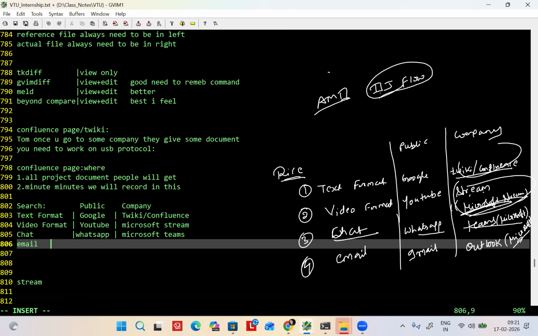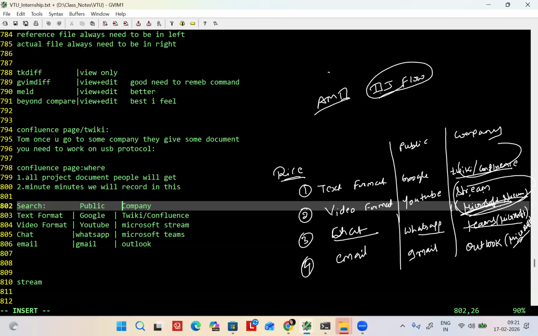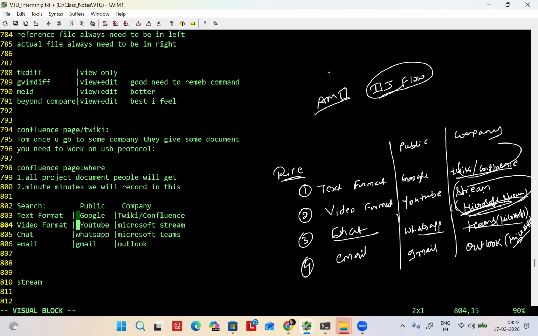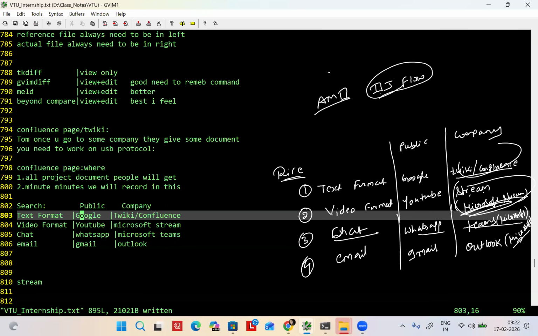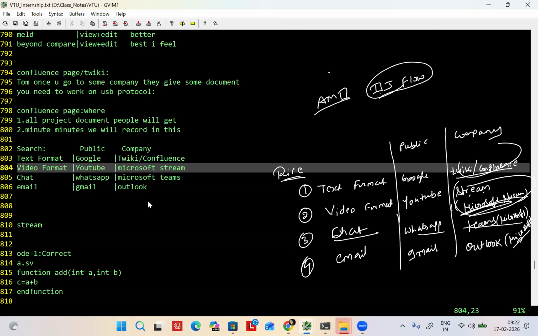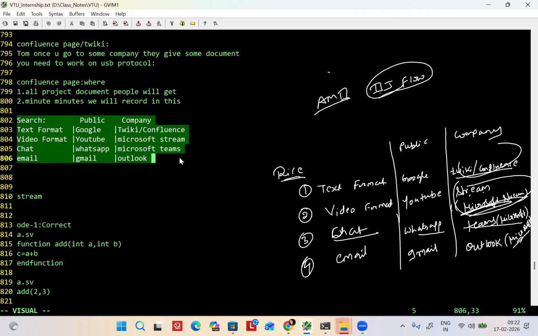Next, email if you want: Gmail, Outlook. Let's move on.